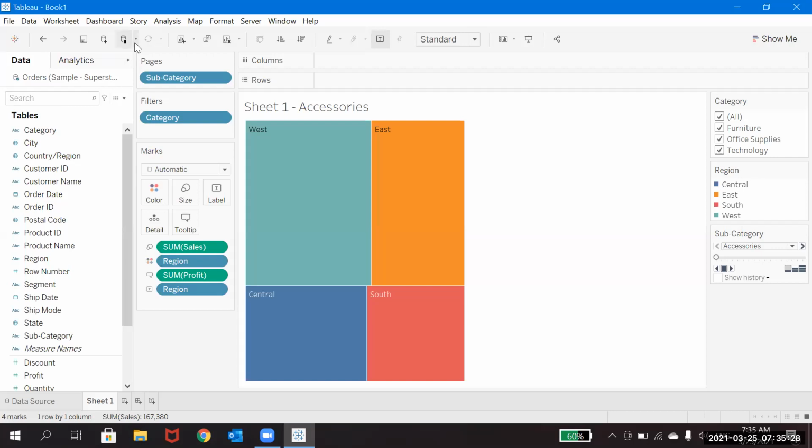And this is pause auto updates. This helps when you are connected to a huge data set which is updating minute to minute or second to second. As I told you, we have two connections, live and extract. When you connect with a live connection to some financial data that updates minute to minute or second to second, it refreshes every time. So when you are doing your work or the visualization, it keeps changing and you're not able to understand what it is doing.